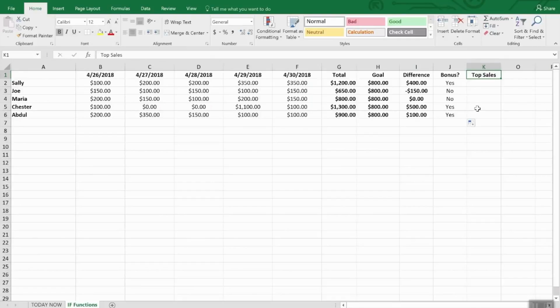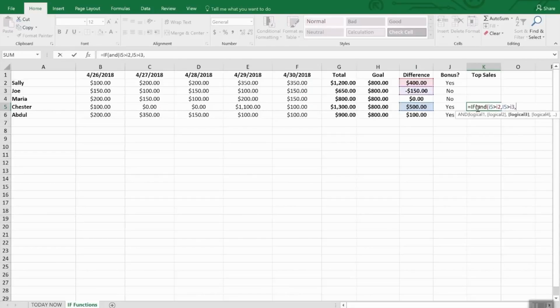We already know that Chester's our winner, so as not to make things anticlimactic, we'll go ahead and build our first formula around him. So bear with me because we got to type a little bit. So the formula is IF AND, then we're going to say, again, we're using the difference column. I5 for Chester is greater than Sally's I2, is greater than Joe's I3, is greater than Maria's